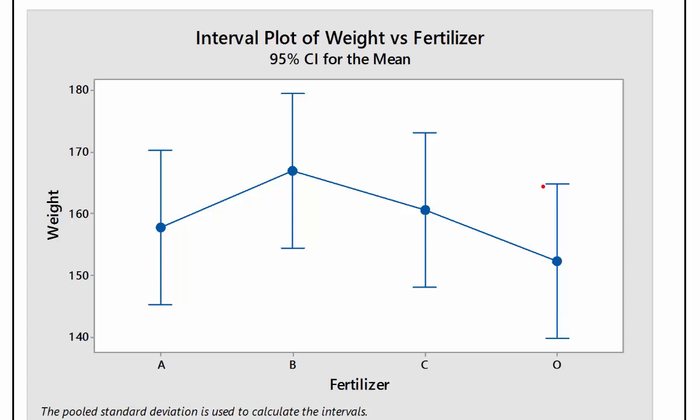With O. So O goes from here to here on the vertical scale, and you can see that that overlaps with A here, overlaps with B here, and it overlaps with C here. And so because of that, it has overlap with all of those intervals, which means that if you compare O to any of those individual intervals, we're not able to conclude that there's a significant difference between O and those other fertilizers' intervals. So essentially, this drawing or this diagram here supports what the ANOVA hypothesis test was saying,